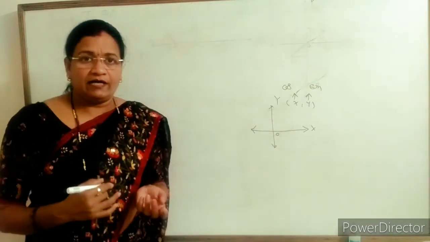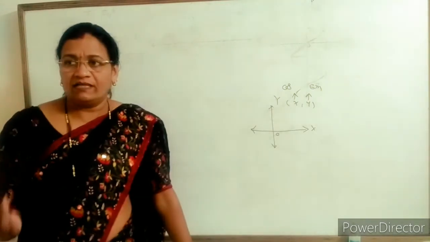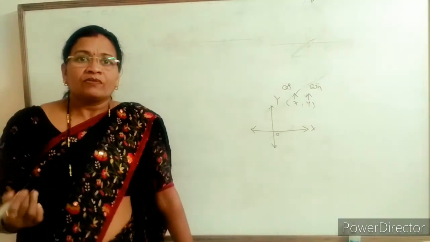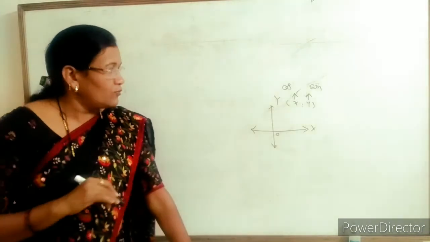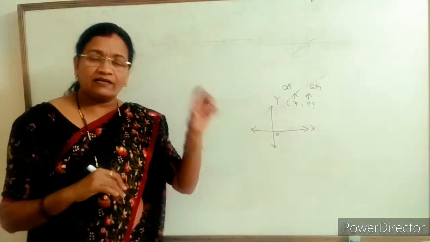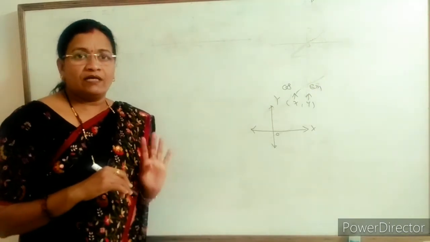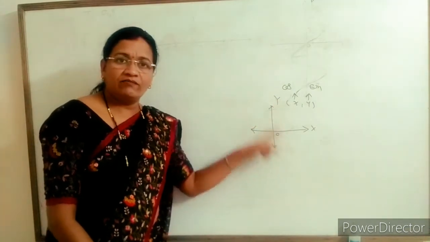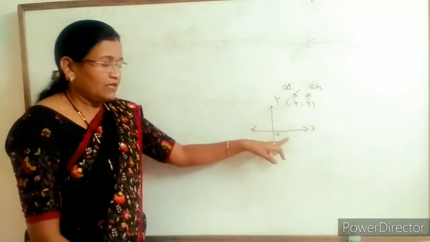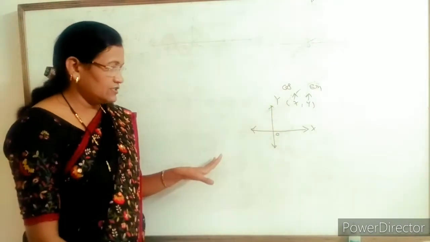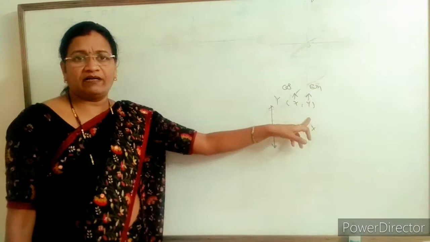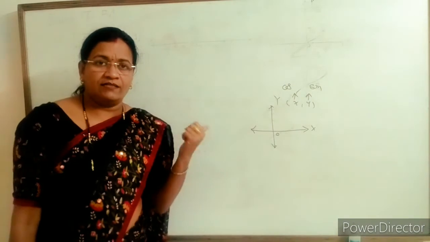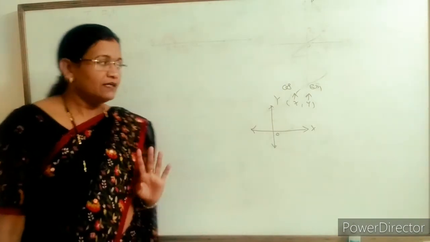measured along clockwise or anti-clockwise. If that angle has a minus sign, we take the measure of the angle in the clockwise direction, and if that angle is measured anti-clockwise, then its sign is positive. So with the help of this coterminal angle, we can find the trigonometric ratios of any angle. The terminal ray lies in a particular quadrant. With the help of this, we draw the perpendicular on the x-axis, negative or positive direction, and by using this x and y coordinate, we can find the corresponding measure of that angle using two rules: 30, 60, 90 and second 45, 45, 90 degree.